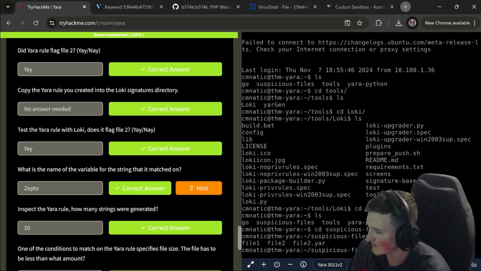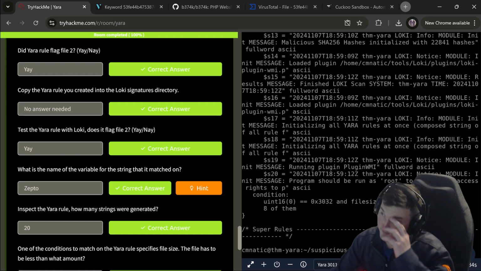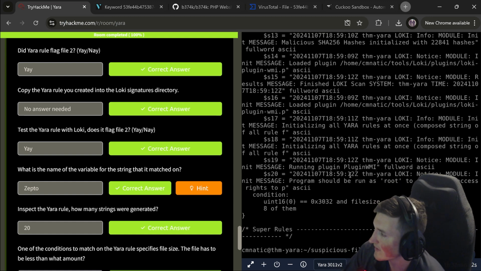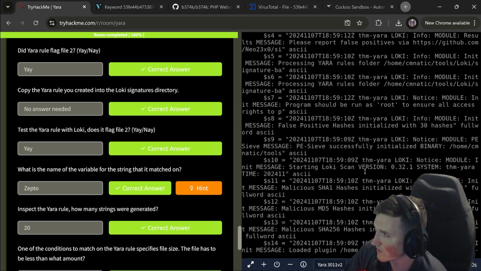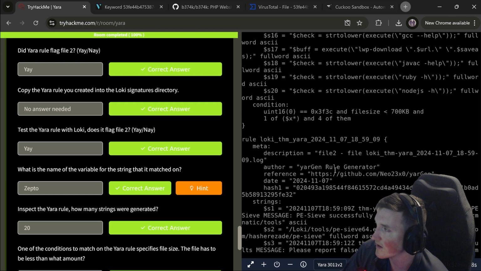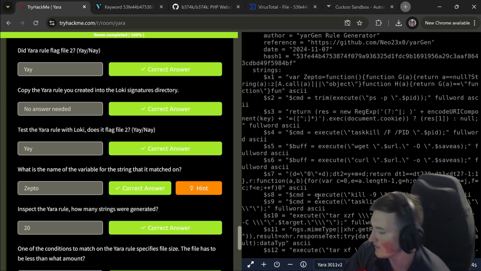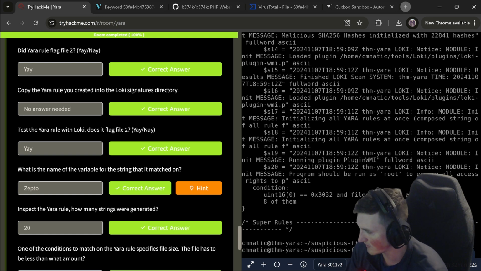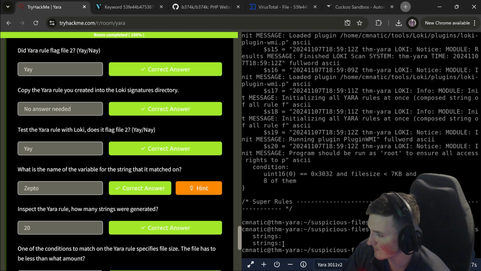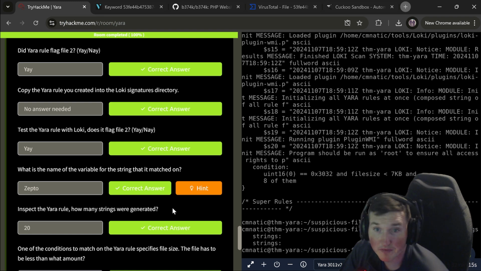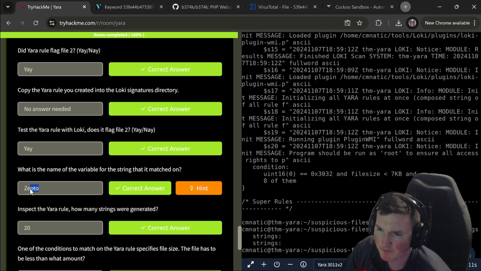I don't know why this thing is not doing anything I want. So we can go through and you can see all the rules, right? If you go to strings, so we could say grep strings, right? Well, that didn't work the way I thought it would, but either way, you could go through and find the strings it's looking for. But if you do it with Loki, feel free.